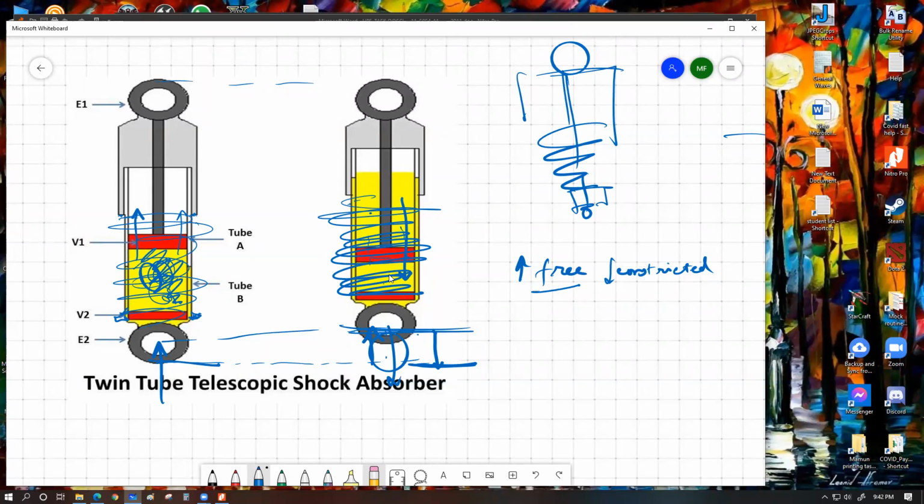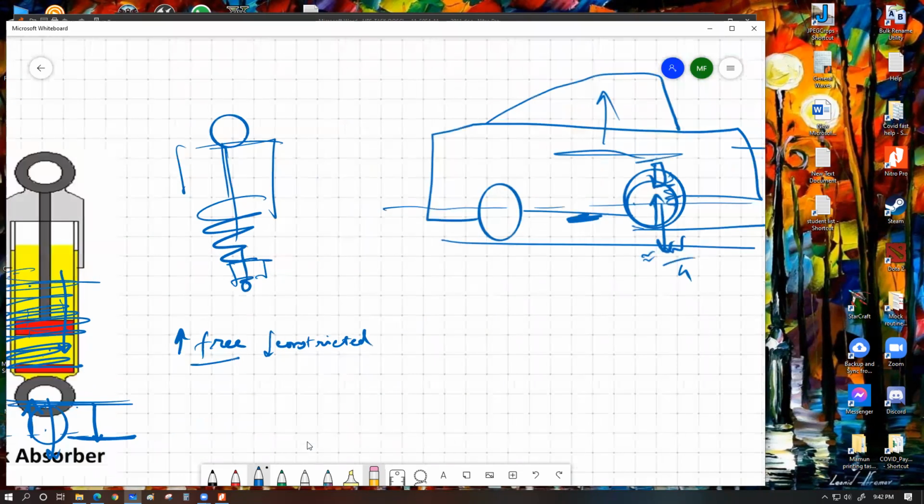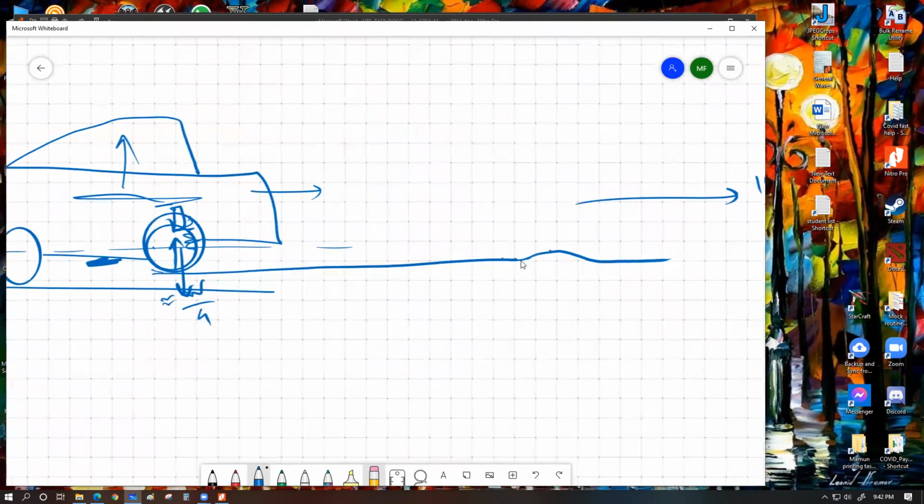No. That's the point. So it will take a long time, significantly longer compared to the amount of time within which it absorbed the energy. Suppose a car is going at 50-60 km/h. How much time will it take to cover the distance of a bump? A fraction of a second, right? Yes sir. Whereas it will release that energy over a duration of 5, 10, 15 seconds depending upon the